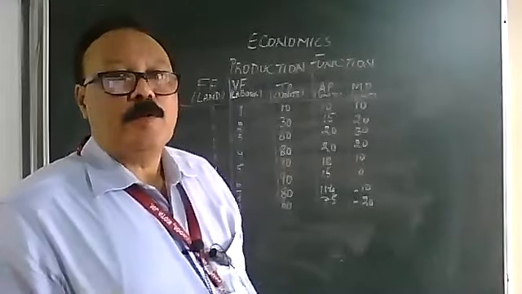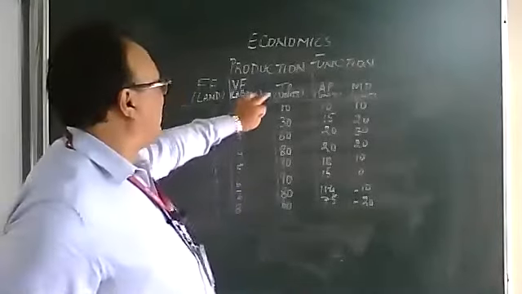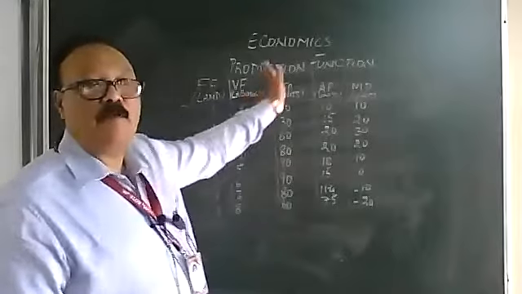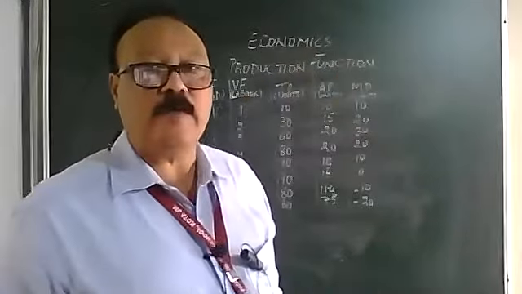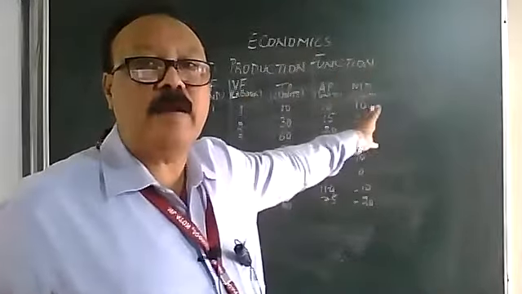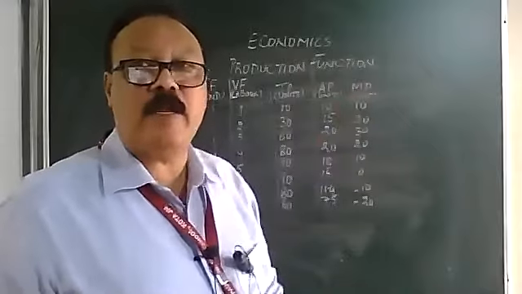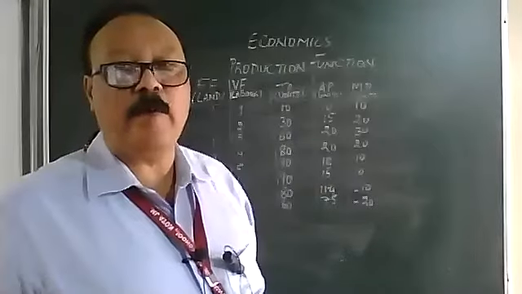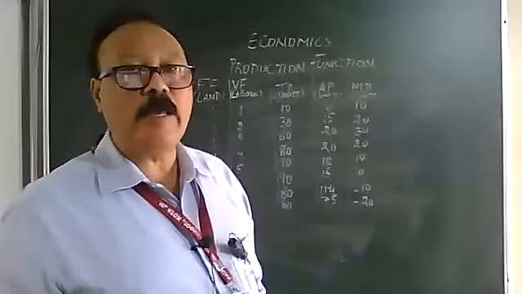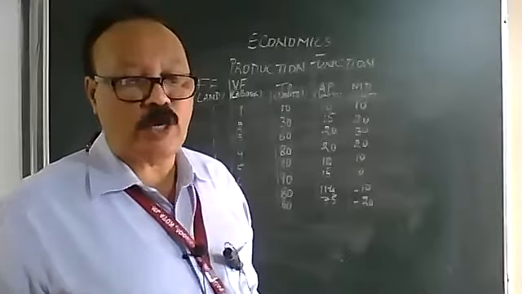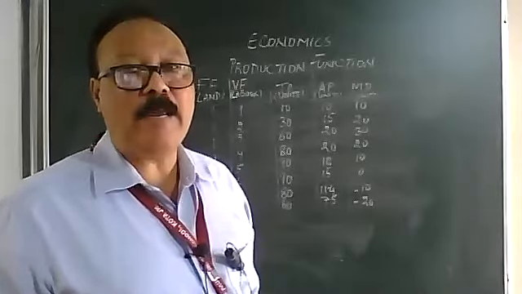Okay. So what will be given to us? TP will be given to us. From TP we can find out the other variables. Or if MP is given, from MP we can find the other variables. That is the numerical part we will be doing later on. But now what we are doing is showing the relationship between TP, MP and AP.